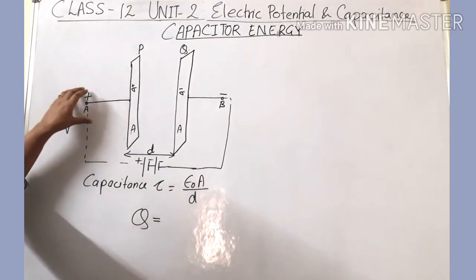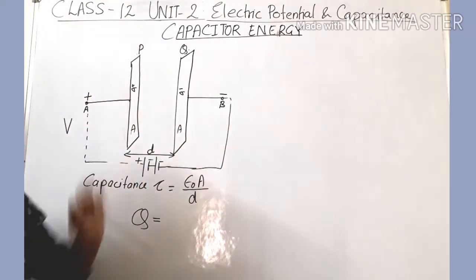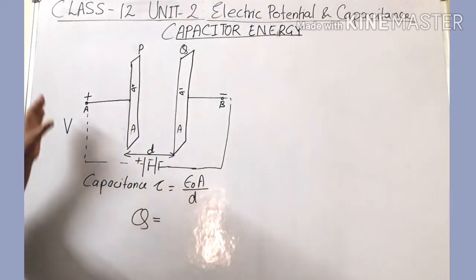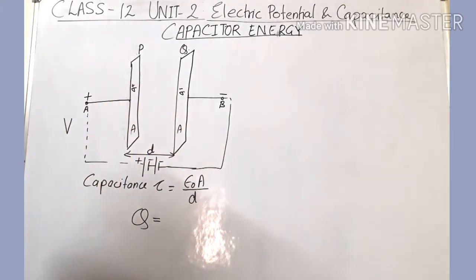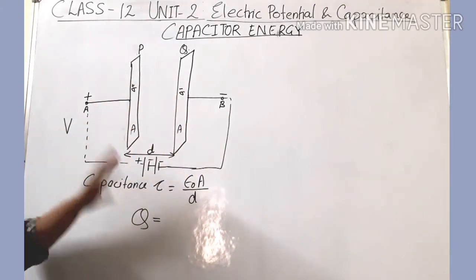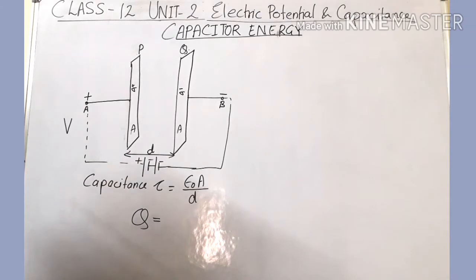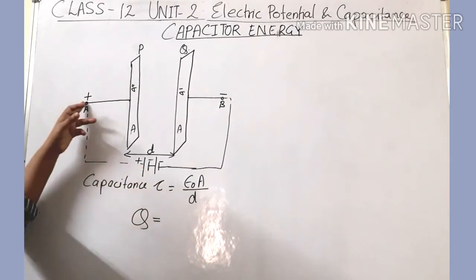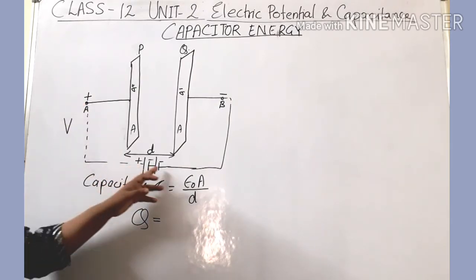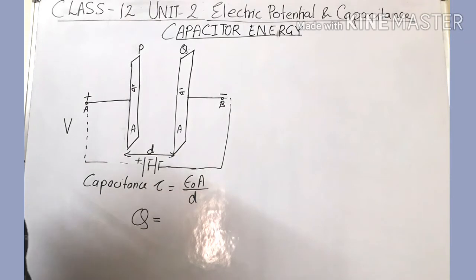Potential: A point potential and B point potential, and voltage corresponds to the potential difference between the two terminals A and B. If we take the difference of these two potential values, we get the potential difference. You can assume the case that all the V potential is provided to terminal A, and zero potential is provided to terminal B. You can take this case when you are solving any numerical.